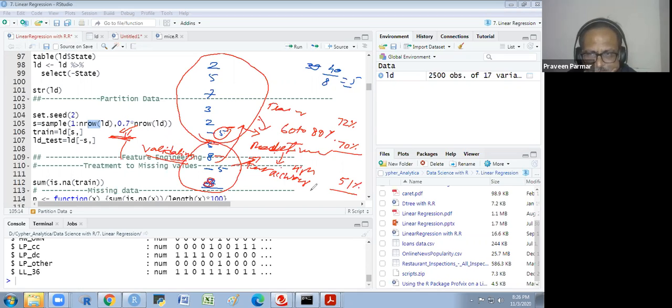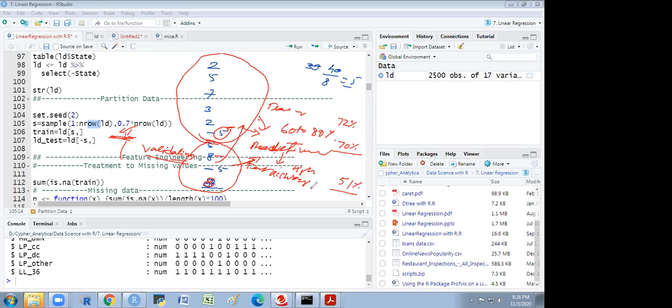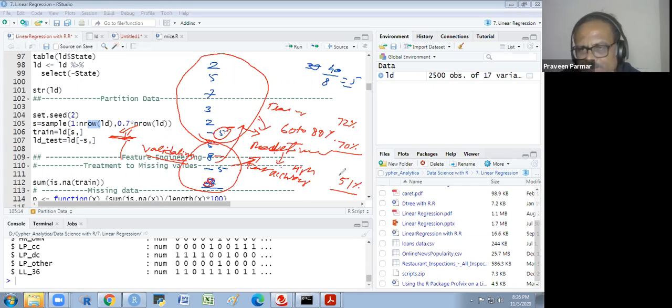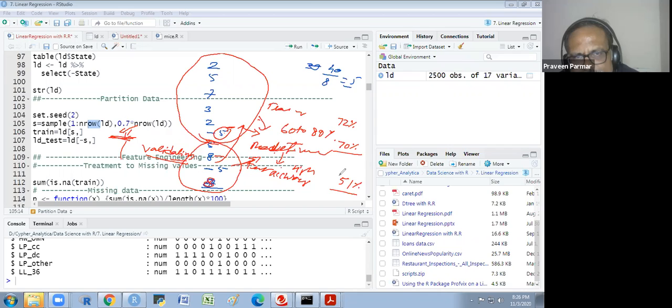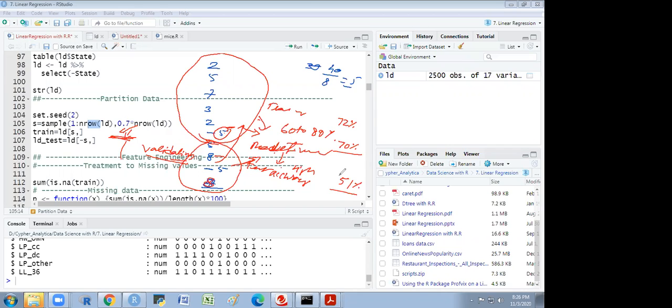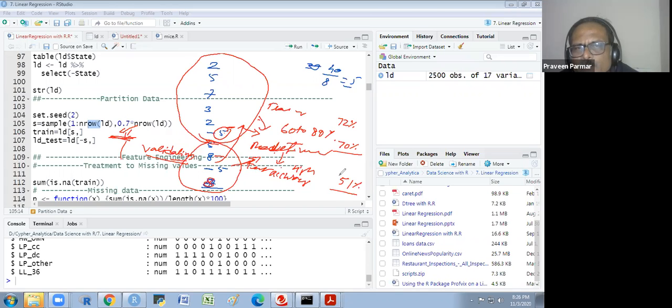Okay. Yes, sir. Sir, suppose the test data also has this number, for example 5, and it is repeated most of the times. In that case, will this model count for 100% accuracy or more in comparison? No, that's not a problem there.